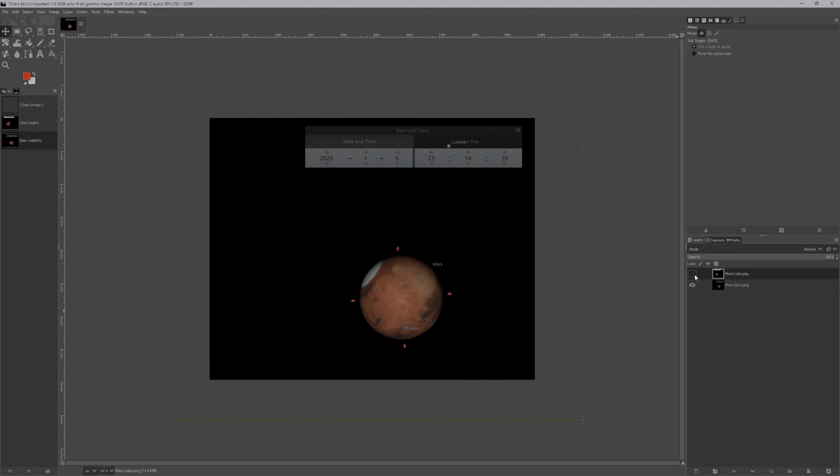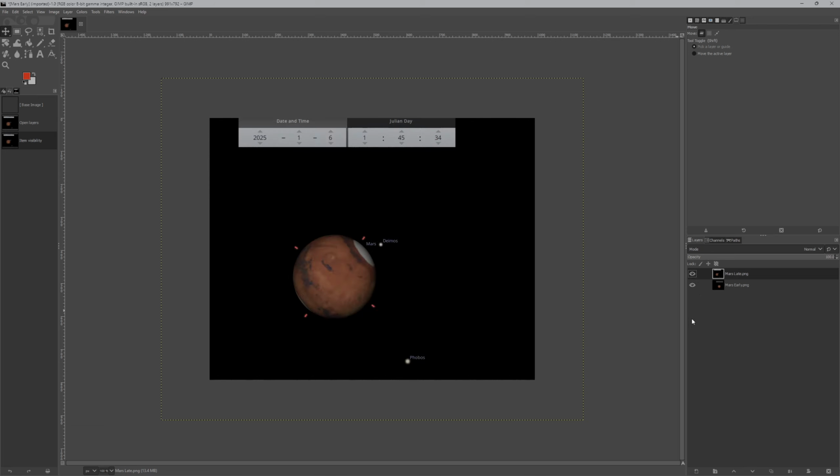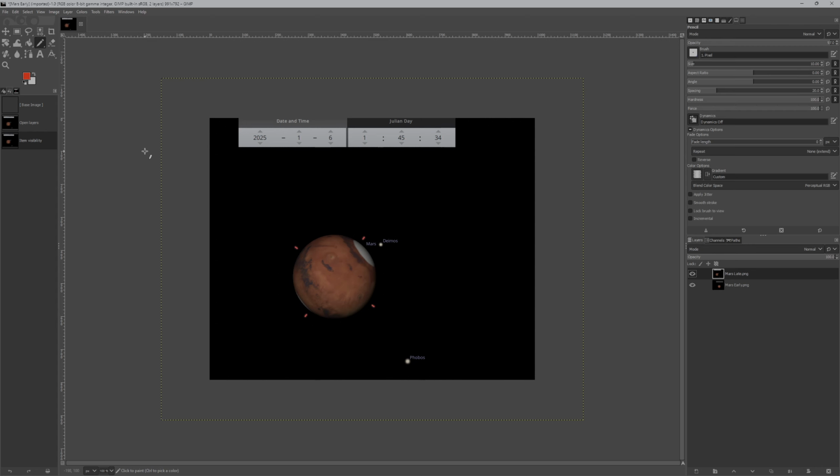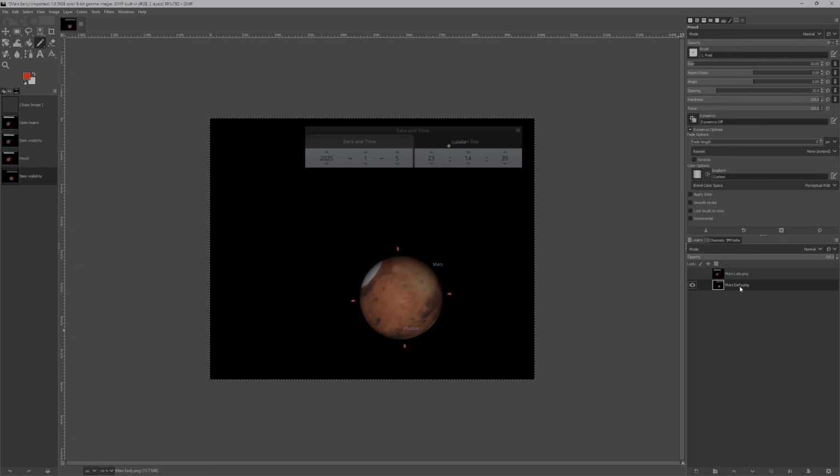Clicking this little eyeball icon here will let you switch a layer on or off. Now the reason we want to do this is because of this. This is the ice cap of Mars. And in the late image, it's over there, but in the early image, it's